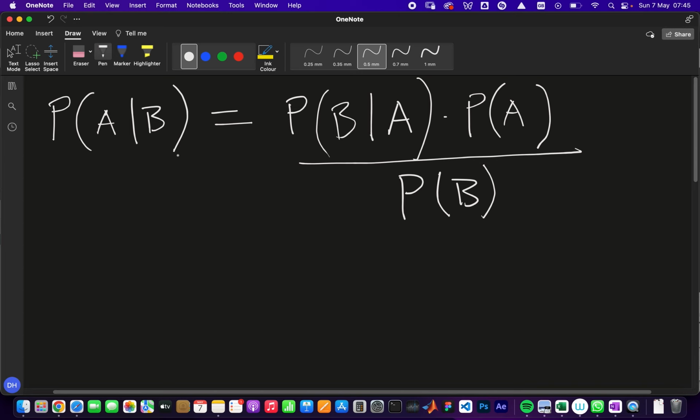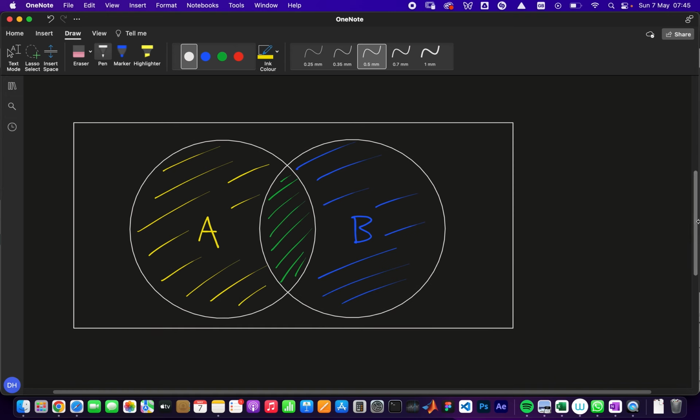Just a quick note on notation. This vertical line here means given, so this first bit here means the probability of A given B, which is what Bayes' theorem is. It's about conditional probability. What is the probability of an event occurring given that we know another event has already occurred? Right, so if we look at this